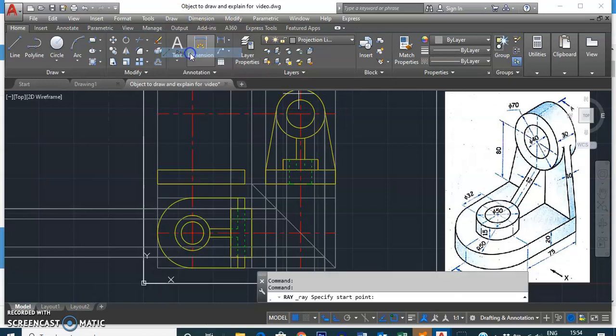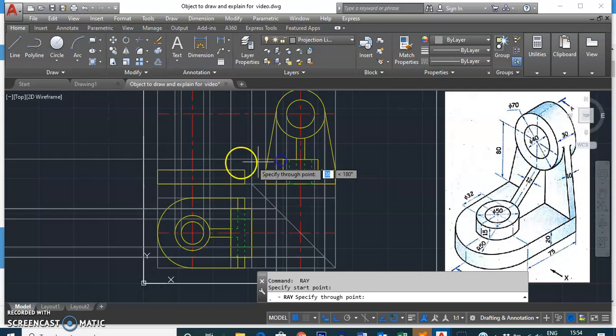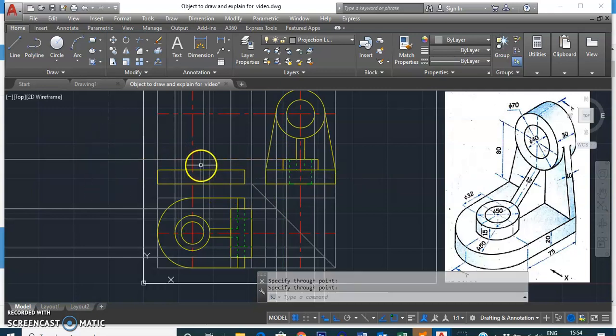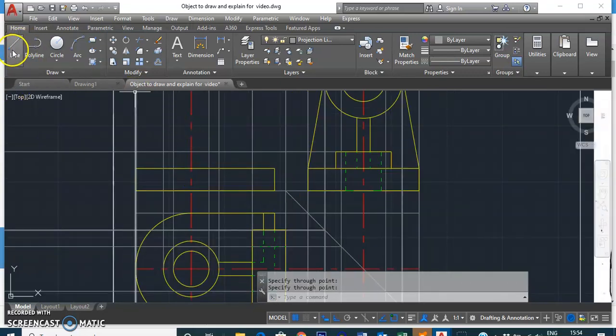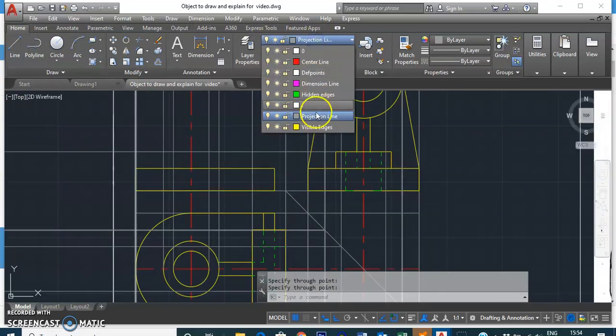We'll give the command of ray: first ray from that point, second ray from this point, then third from this point for the inner cylinder, and fourth ray again for the inner cylinder. Then we'll take the height from the side view, that is the height of 15. You can even give the input from the software itself by making that line height 15, and you can also take it from the side view.